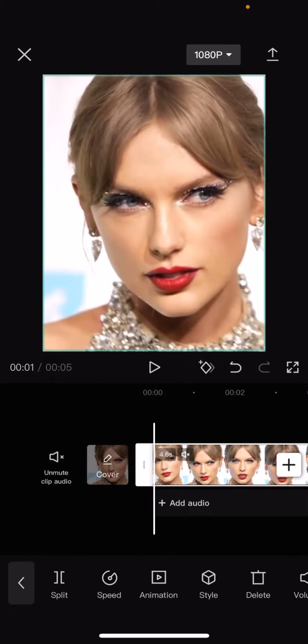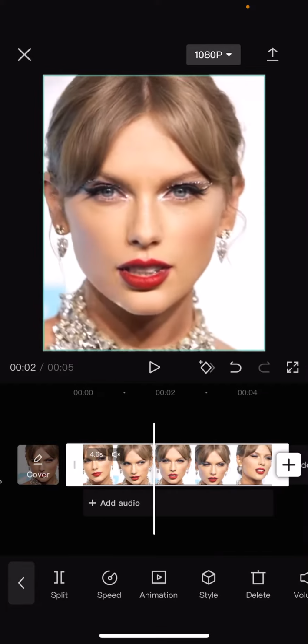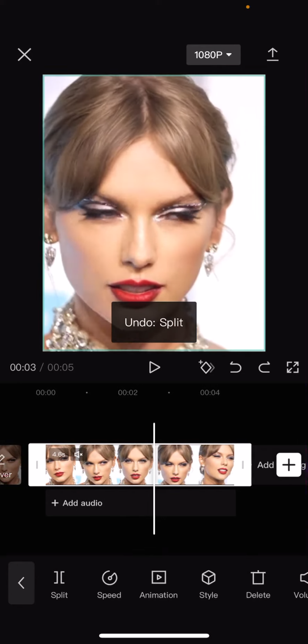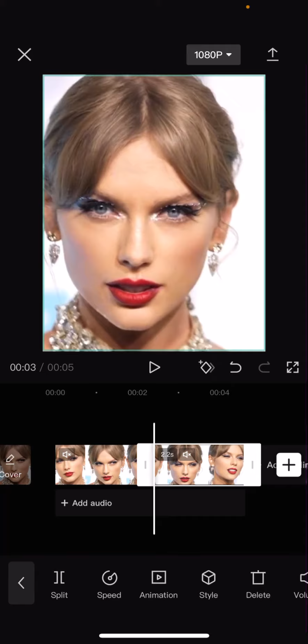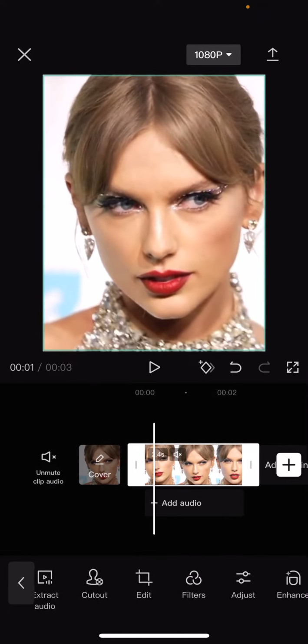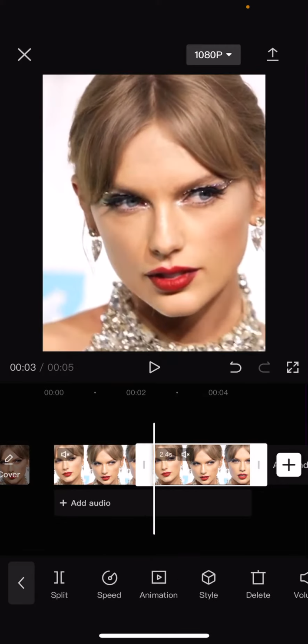In this video I'll be showing you guys how you can create this ghost effect on CapCut. I'm just going to crop that like so, and then I'm just going to select it and press copy, and on the